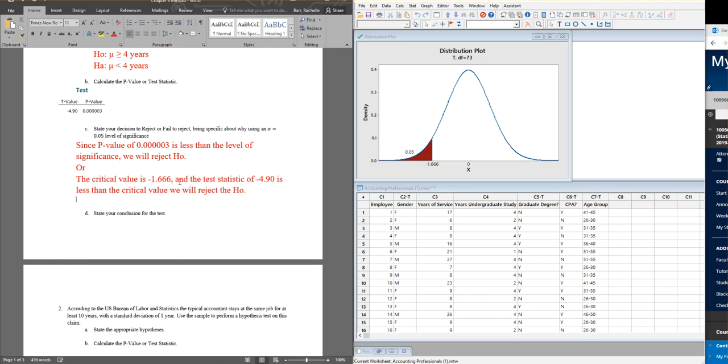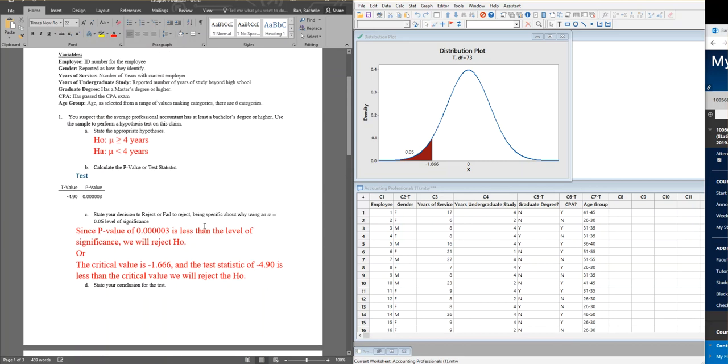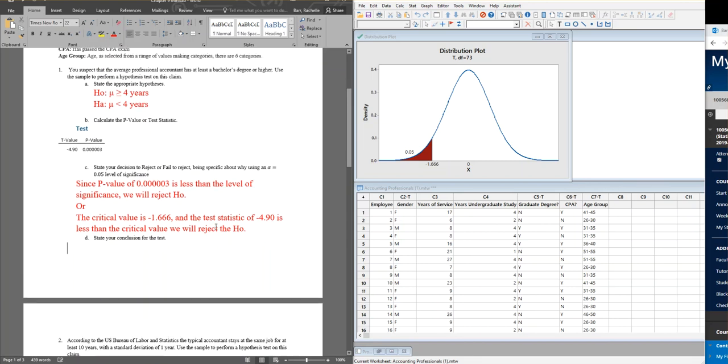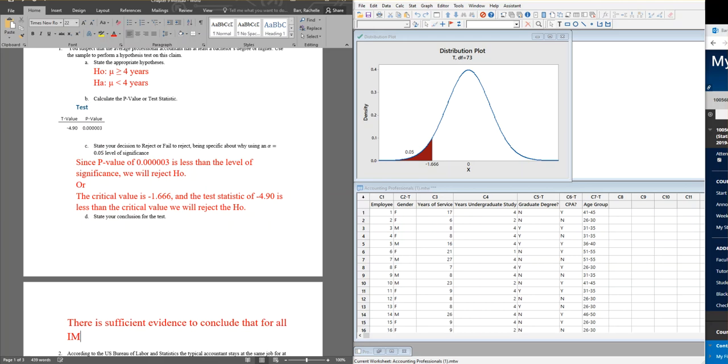All right, so since we're rejecting, now we need to carefully state what that tells us. Keep in mind what this is about when you're writing your description. You've rejected the Ho. Your sample evidence seems to support the Ha, which says the average level of education is less than 4 years. So that's what we're going to write. There is sufficient evidence to conclude that for all IMA